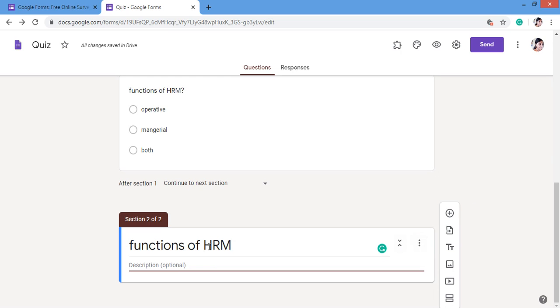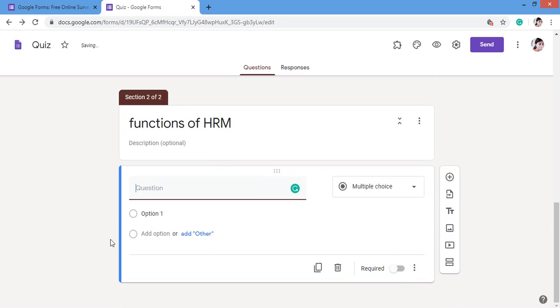For example, now I have added a new section. I cannot go with nothing, no questions being given. Now I am going to add a question. Now a new box has arrived, and within this you want to add the questions. For example,